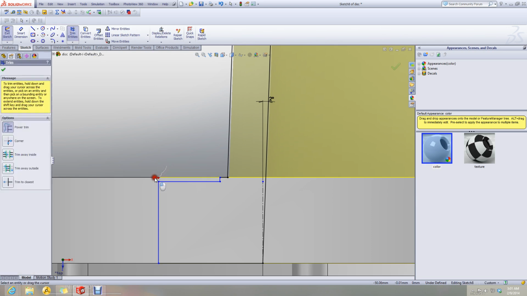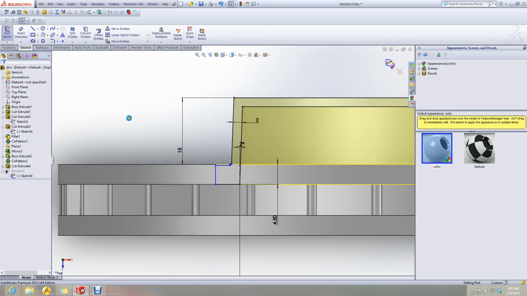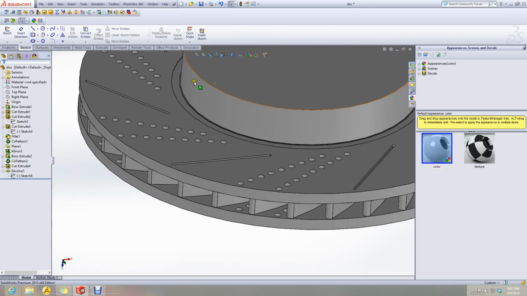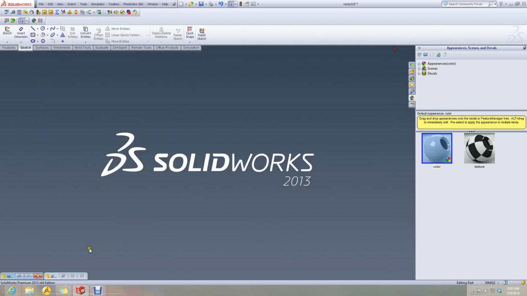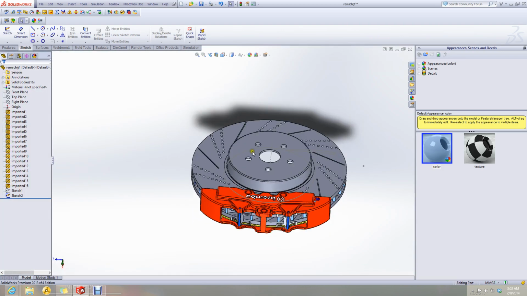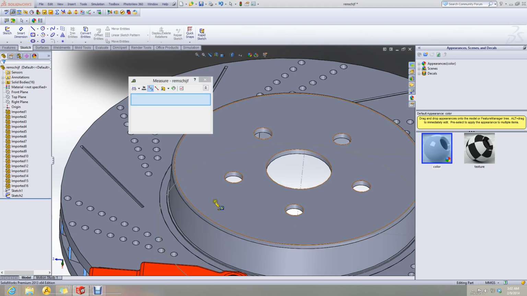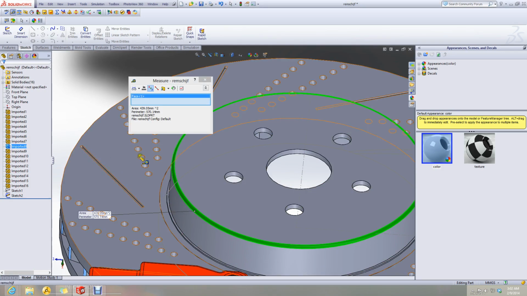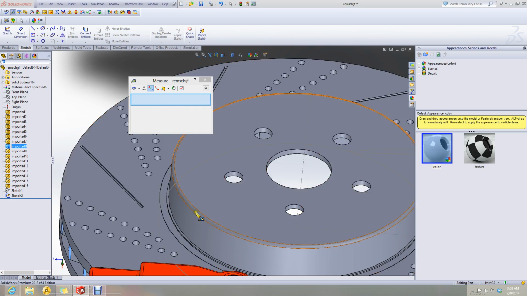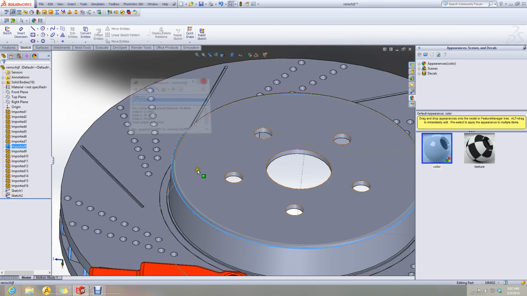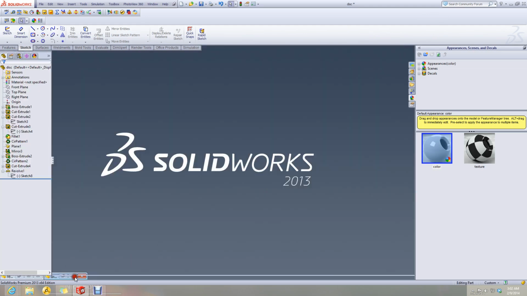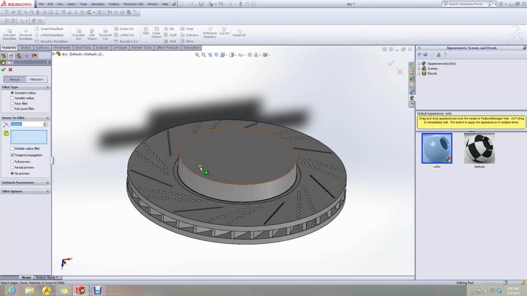We trim it here. Now let's see, that's how the original model appears. Let's measure the radius of this fillet. It's approximately 1 millimeter. We make it 1.